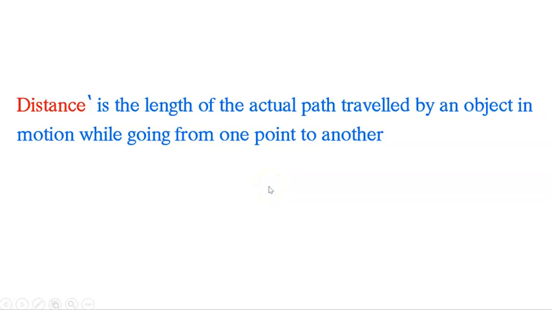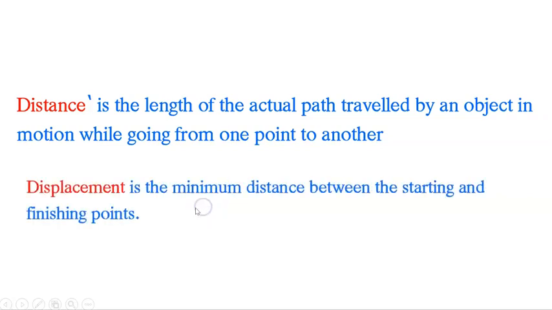Okay, distance is the actual path traveled by an object in motion while going from one point to another. And what about the displacement? Displacement is the minimum distance between the starting and finishing point. Okay, now the next,